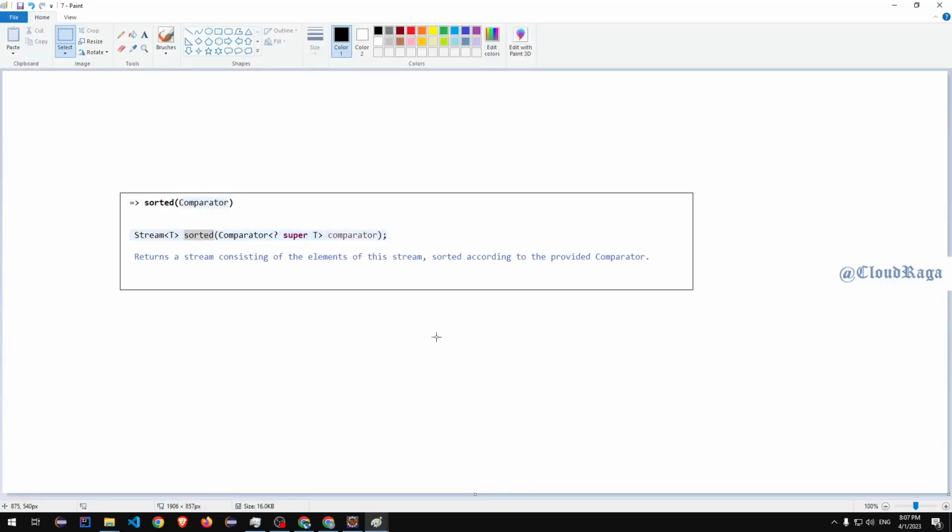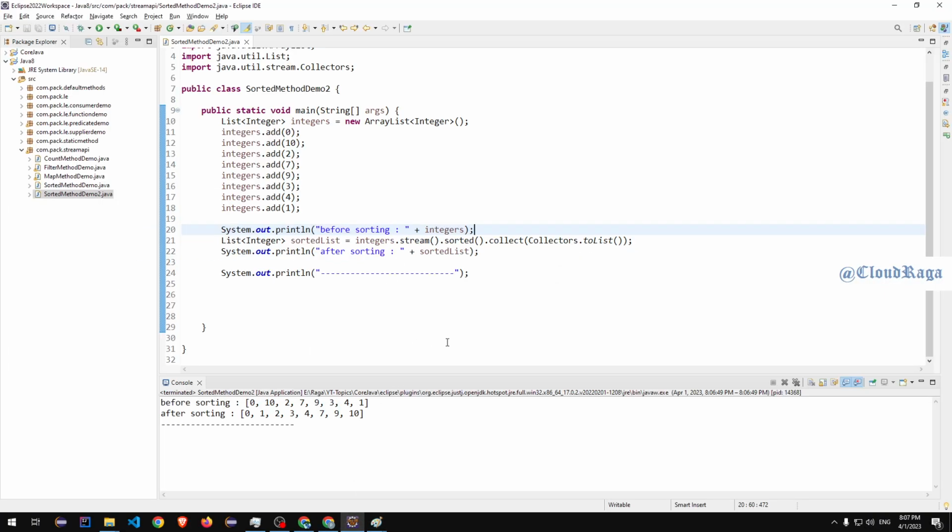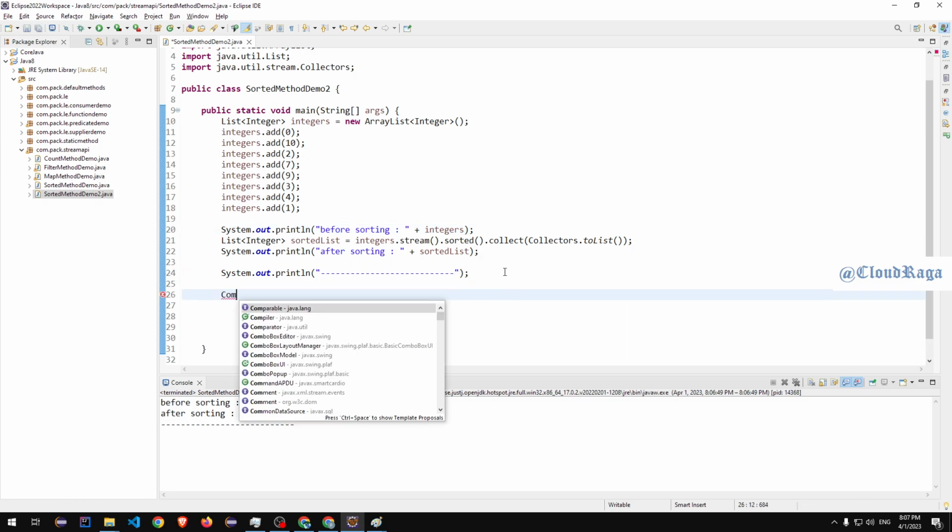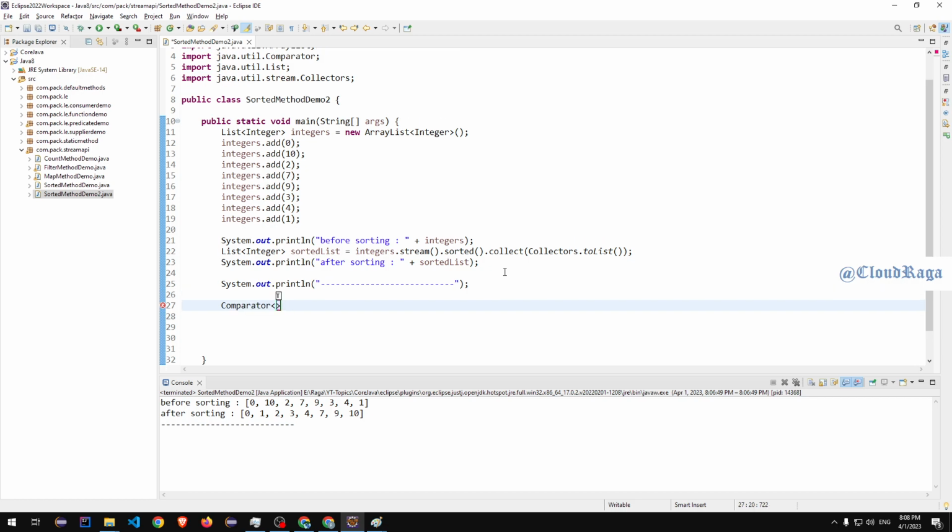Okay guys, so let's write a customized comparator so we can use it with streams. Stream takes a comparator, so I have to write a comparator first of all. Comparator, a reference which will take integer because we are going to compare integers. So Integer, let's call this c equals I pass I, then this arrow goes on and I'll check if it takes two arguments, so I'll just call I1 comma I2, and here I'll write